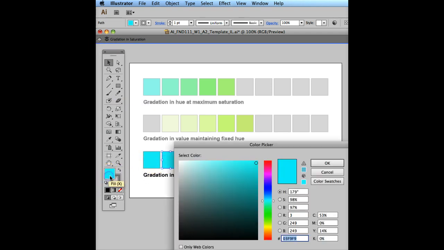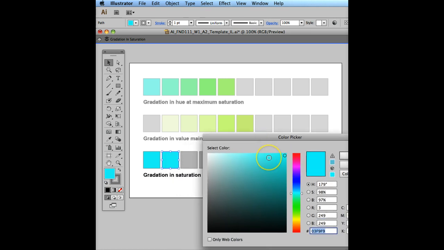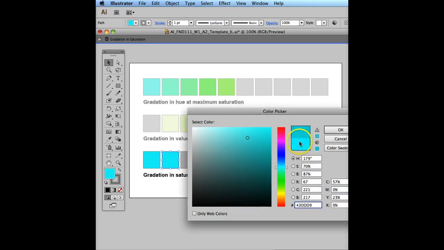So I'm going to open up the color picker, and what I want to do is keep the value the same, the lightness and darkness, and the only thing is I want to desaturate this color. So you can see here if I compare these two colors, this is my original color and this is my new color, that I'm actually kind of making it a little darker. So maybe I'll want to just,